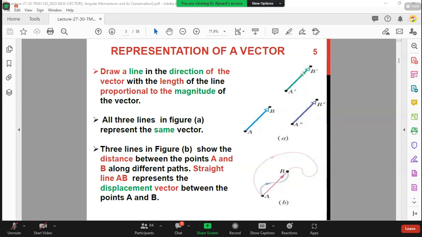So all three vectors are equivalent. They are equal. So this is the same vector representation. It shows the distance between point A and B, the straight line here. That is an example